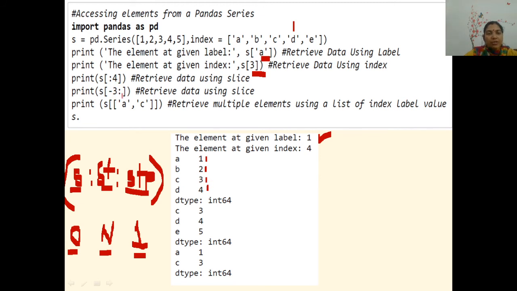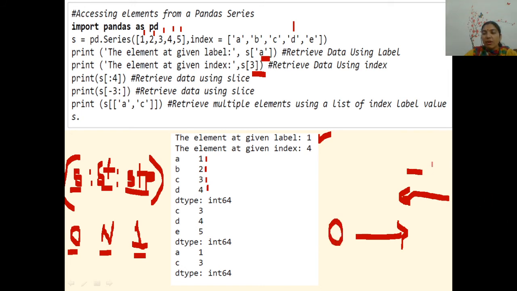Now let's see -3. How will -3 work? For -3 we start counting from the right: -1, -2, -3, -4, -5. When we start counting from left, it starts from 0.